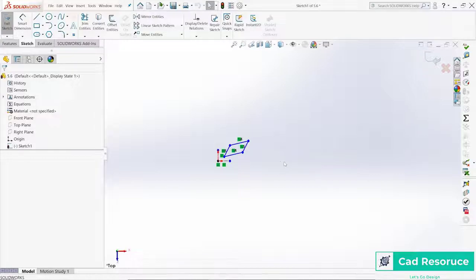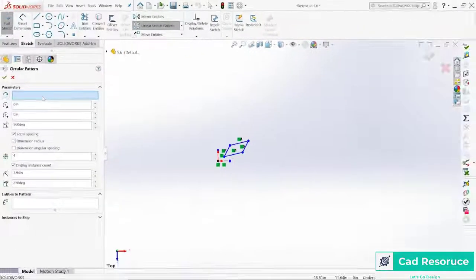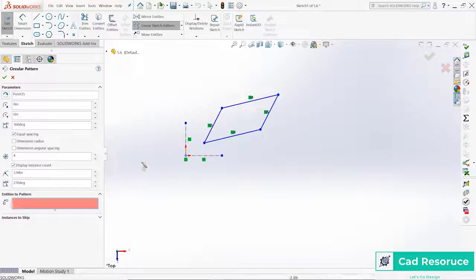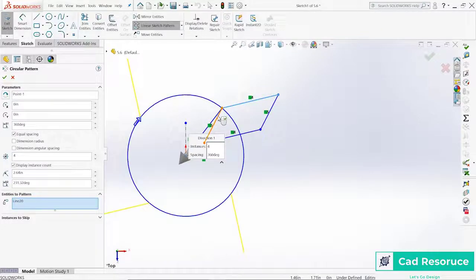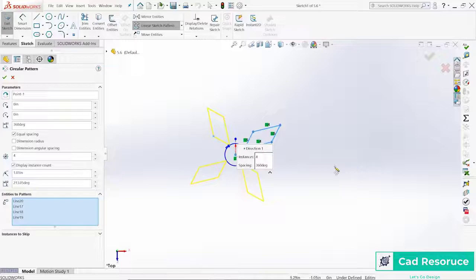The circular pattern is going to do pretty much the same thing. I have to choose a point that I want to rotate around. I'm going to choose the origin right here. There's my origin point, and I click that point. Then as far as the entities I'd like to pattern, I'm going to choose all these line segments that make up that shape. And there they are. I can define where this is by these values here, but 0, 0 happens to be